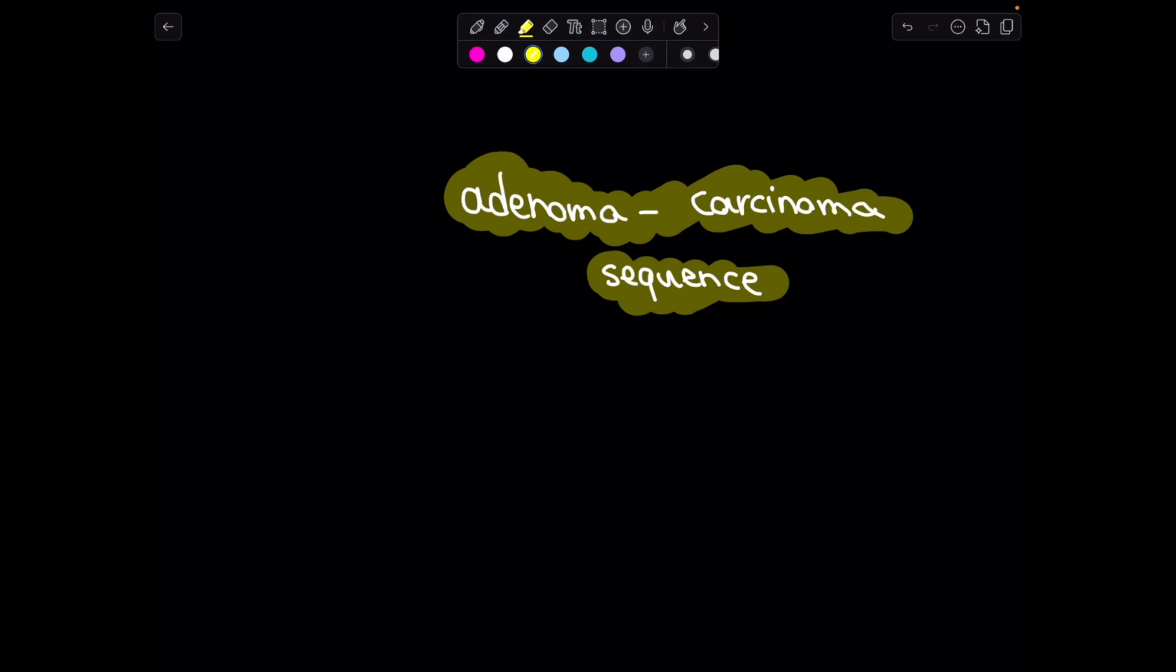So what's the adenoma carcinoma sequence? The adenoma carcinoma sequence is the process where a benign adenoma, tubular, villus, or tubulovillous polyp in the colon progressively transforms into colorectal cancer. It starts with a normal colon lining developing a polyp due to genetic mutations, e.g., APC